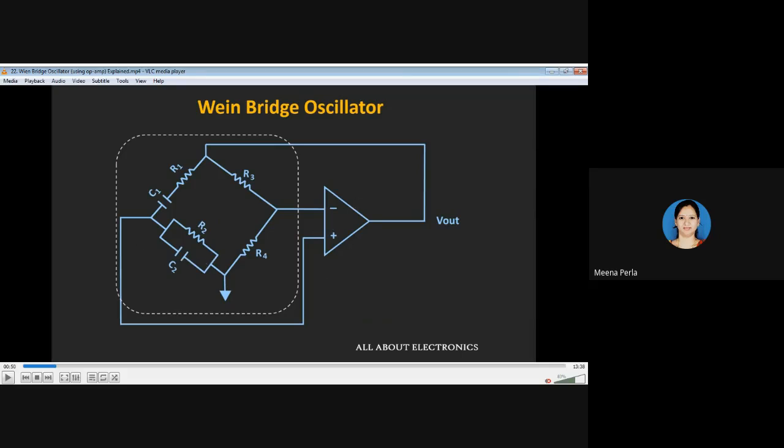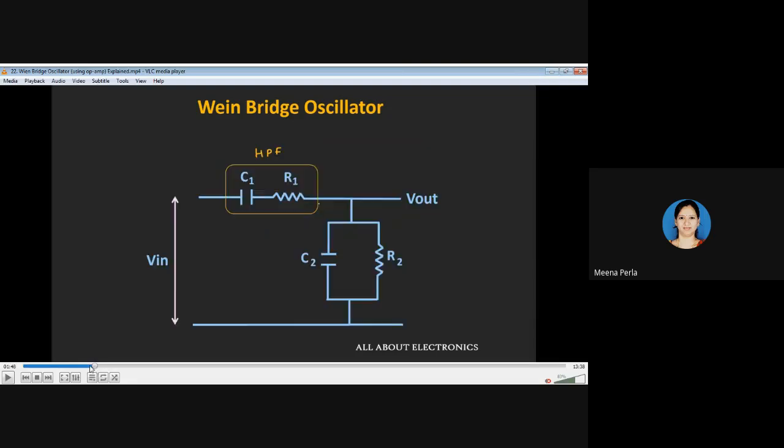And the main difference between those two, the RC phase shift oscillator and the Wien bridge oscillator, is that in the RC phase shift oscillator we have connected the operational amplifier in inverting mode. Whereas here you will find we have connected the Wien bridge oscillator in non-inverting mode, right? So this is the main difference. So we are connecting the feedback to this non-inverting terminal, whereas these resistors are connected to ground. So we can simplify this circuit diagram using an operational amplifier.